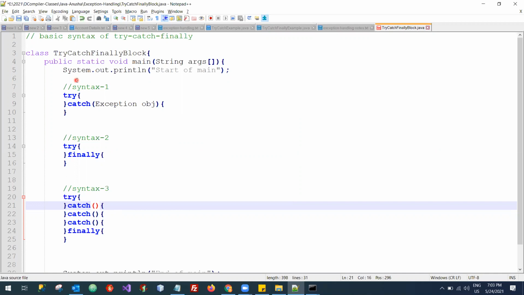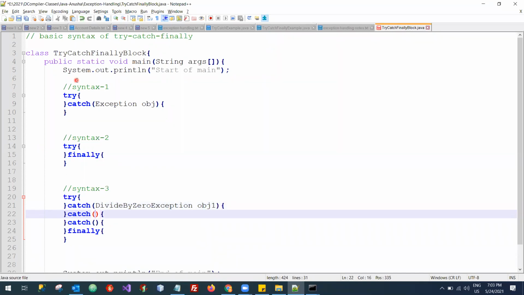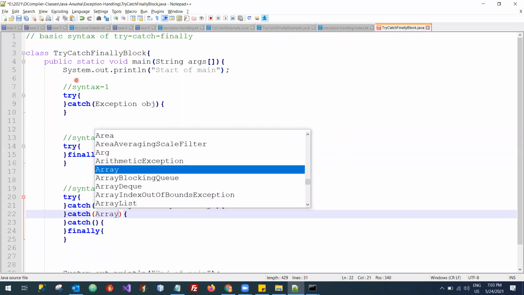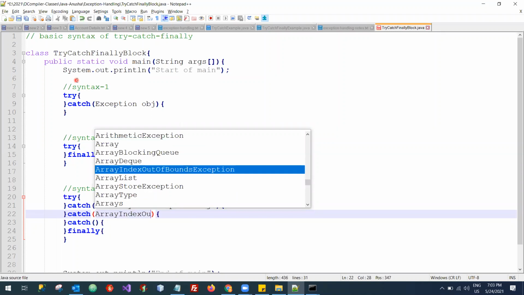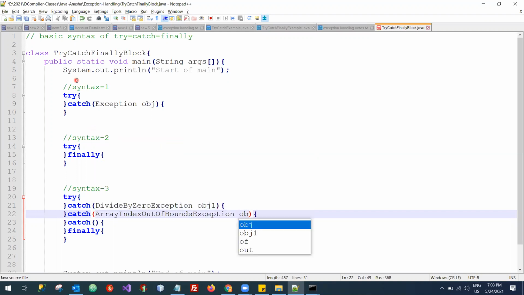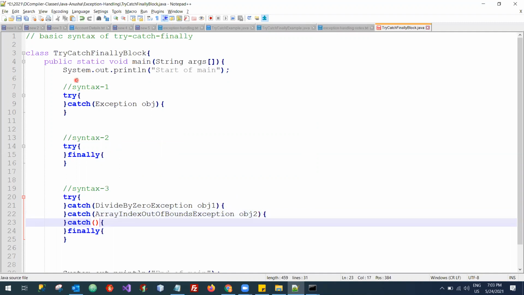Then I'll go with DivideByZeroException, obj1, ArrayIndexOutOfBoundsException. Each exception class ends with the name Exception. DivideByZeroException, ArrayIndexOutOfBoundsException, and at last I'll try to have an Exception object.